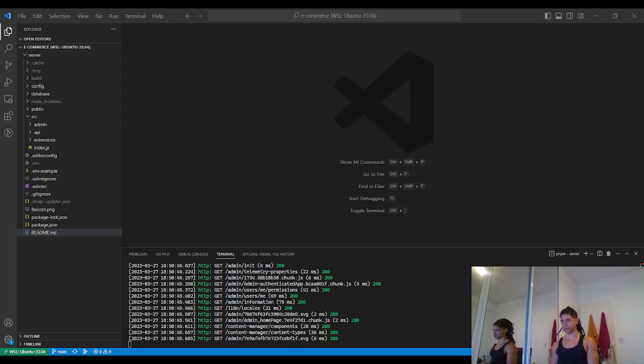So Nuxt aims to improve developer experience when building modern web apps. Okay, so the goal is to deliver an optimized user experience. The optimizations like code splitting, tree shaking, optimized cold start. Optimized cold start, meaning